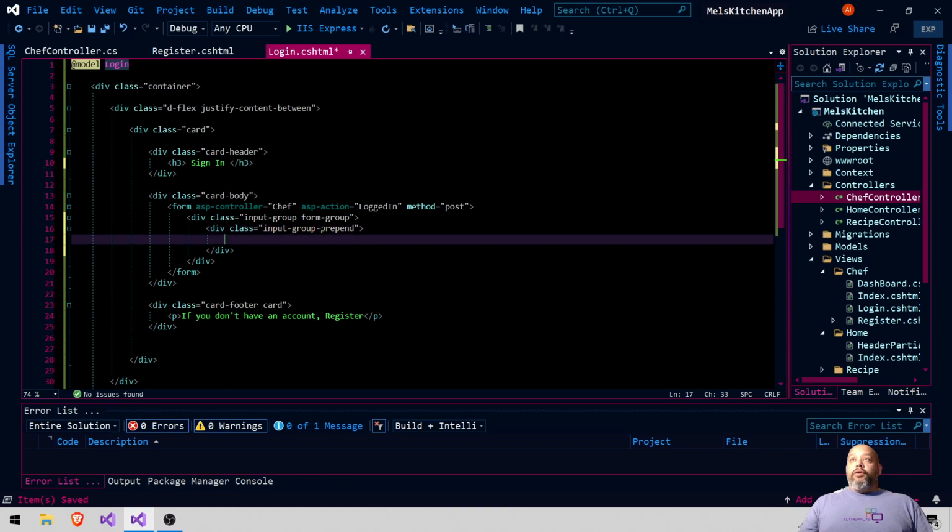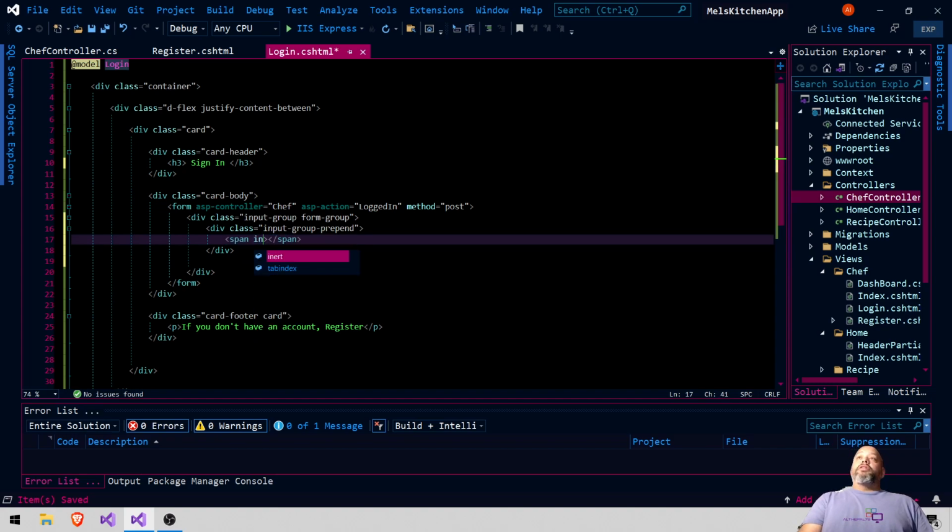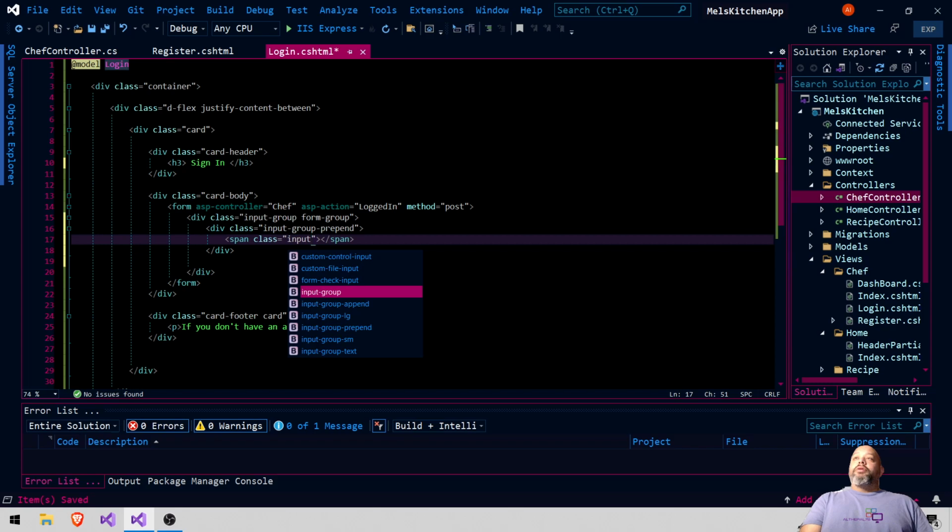We're gonna have a span here, and you'll see in a few minutes why we have this span. And the prepend means put it before whatever's coming in here, which is gonna be the input that we need, that we could have copied and pasted from our old stuff. But we want this to be input class first, input-group-text. So we could just come down here,